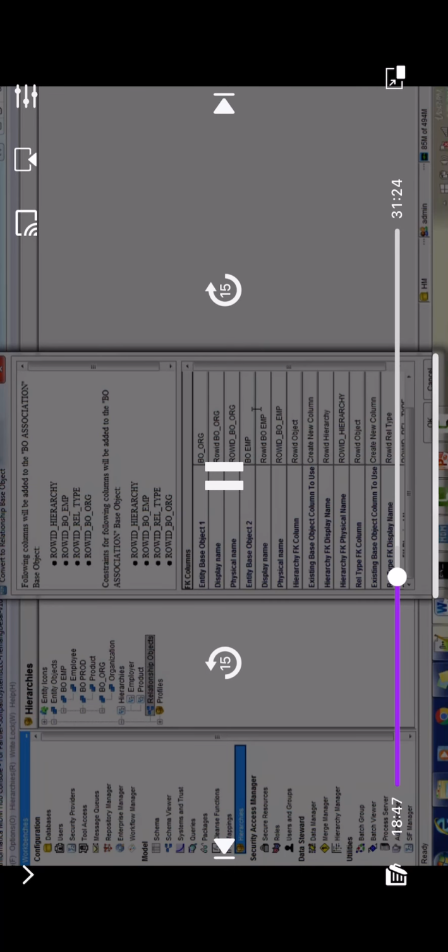The next screen will open. Here you have to provide some particular details. Suppose we are going to create the relationship between the organization and employee. So create entity based object one as organization. The row ID is the base column we will select, and the second is employee. Once you change that, the existing columns